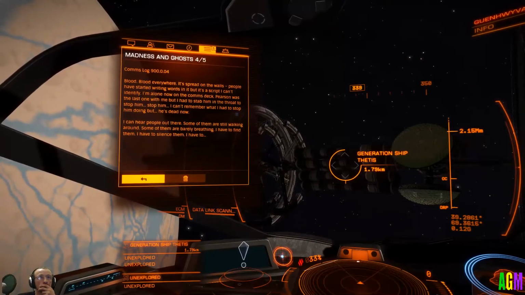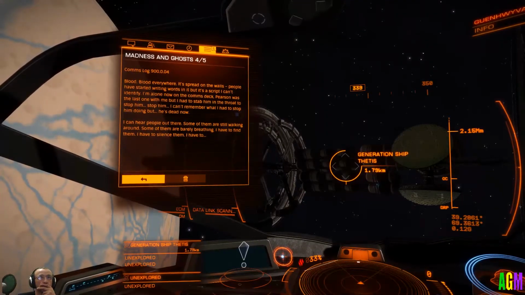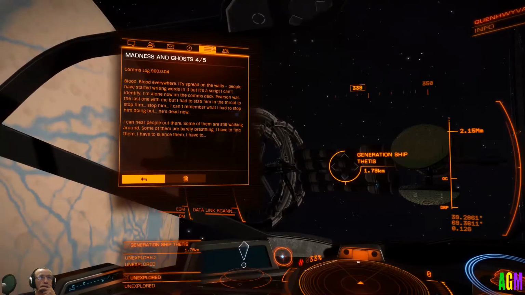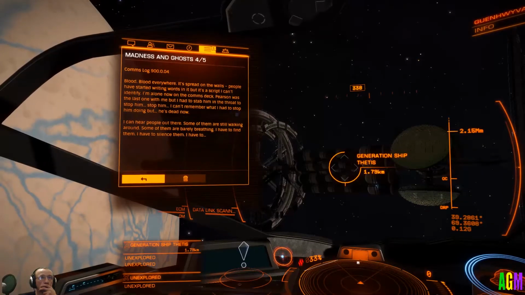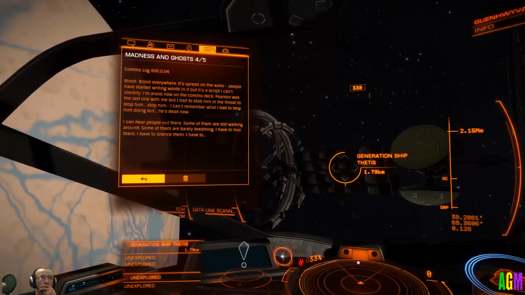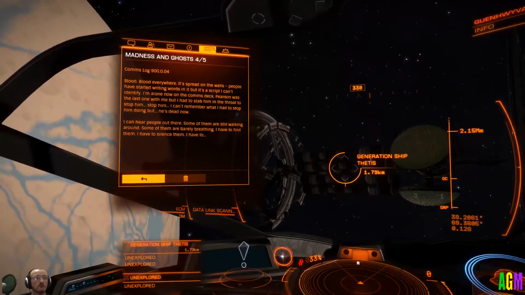Blood. Blood everywhere. It's spread on the walls. People have started writing words in it, but it's a script I can't identify. I'm alone now on the comms deck. Pearson was the last one with me, but I had to stab him in the throat to stop him. I can't remember what I had to stop him doing, but he's dead now. I can hear people out there. Some of them are still walking around. Some of them are barely breathing. I have to find them. I have to silence them. I have to...